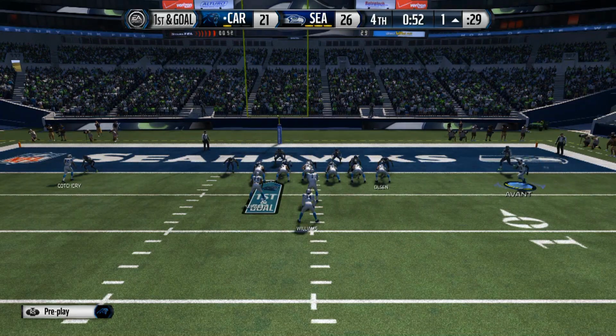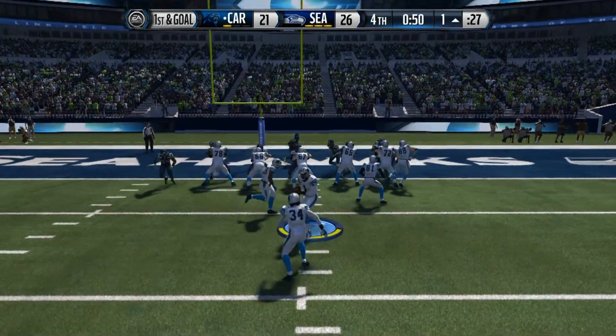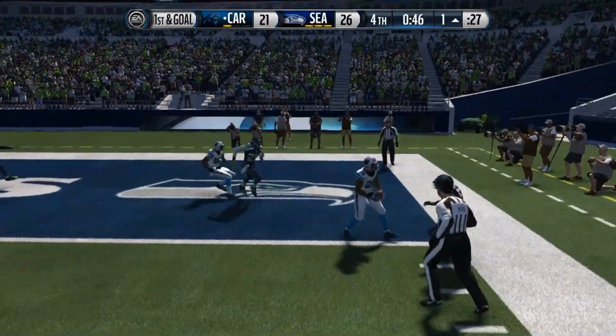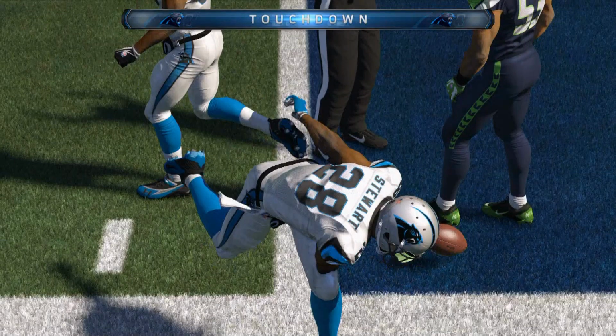Possibilities, what you can do on the offensive side. Good job by the offense. Newton still has it, looking to the right side and throw. And the Panthers have...